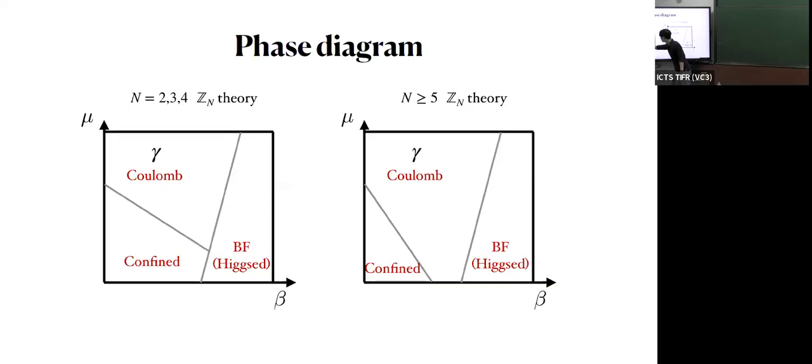Well, the confined phase is gapped. So I would say it's an empty theory in the infrared limit. The BF phase is described by, well, I'll talk about it in a moment. It's described by a BF theory. And the Coulomb phase may have a bunch of stuff, but